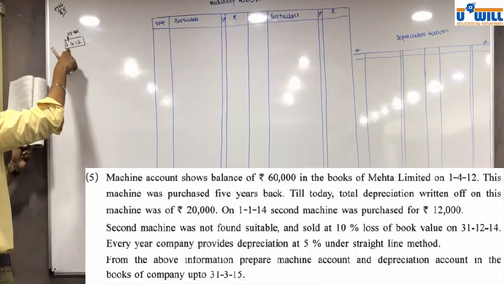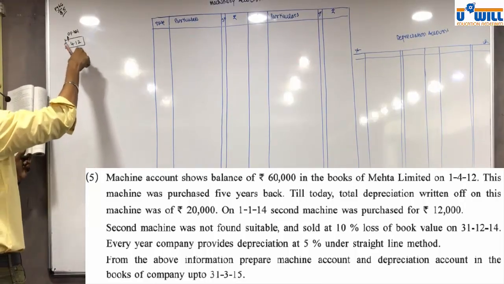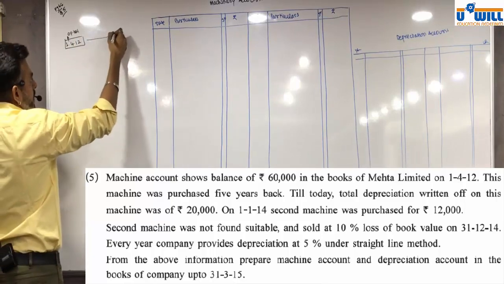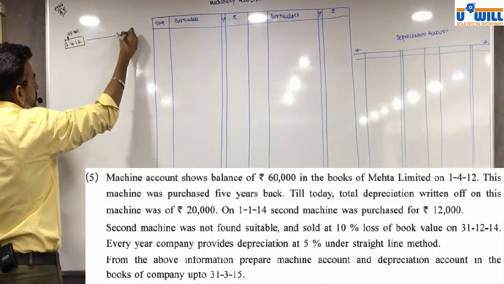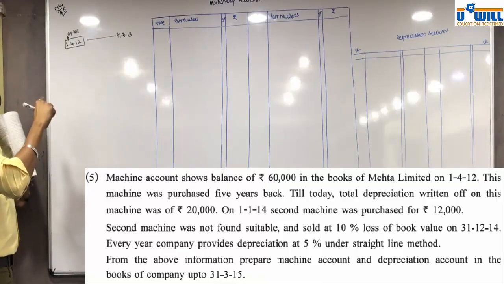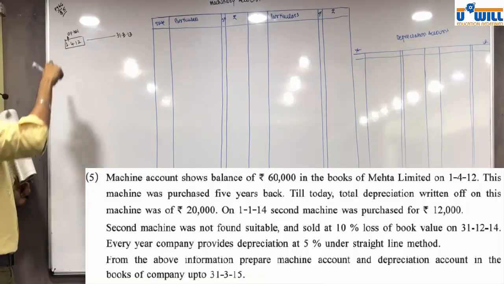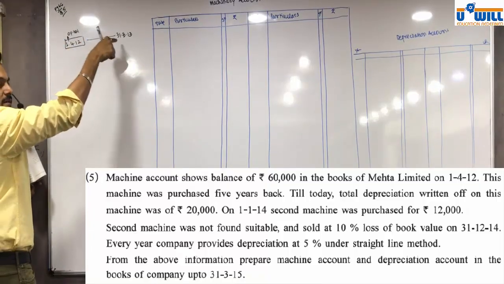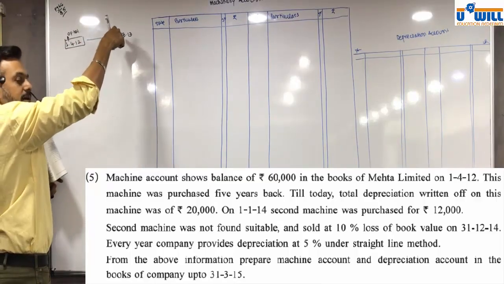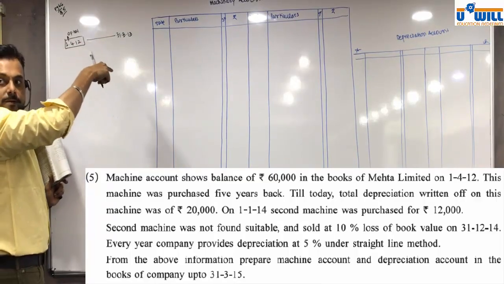Now 1/4/2012 के बाद what will be the next date? Is there any purchase or sale during this year 12-13? No, so directly we'll have the year end, that is 31/3/2013. समझ में आया ये? पहला साल पता चला, ओपनिंग बैलेंस दिया और कुछ भी ट्रांजैक्शन नहीं दिया है, तो नेक्स्ट ट्रांजैक्शन विल बी ऑन द ईयर एंड, दैट इज फॉर डेप्रिसिएशन. Then